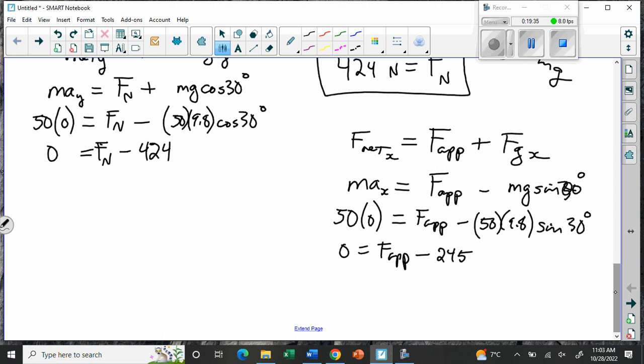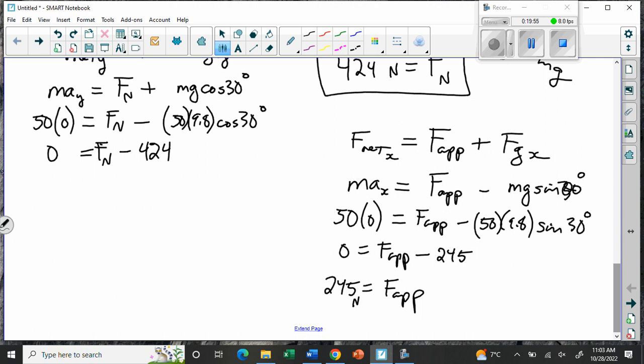All right. And then we move the 245 to the other side. And we get this. We should probably put newtons in there. So that's the force up the ramp. Okay? Now,